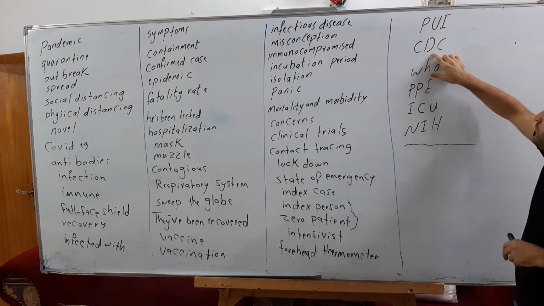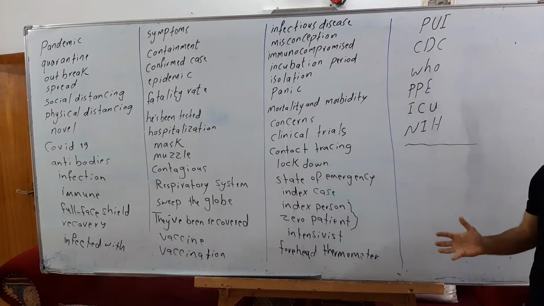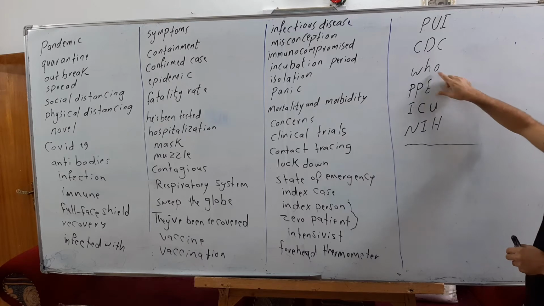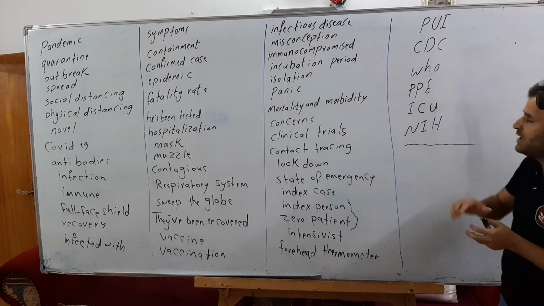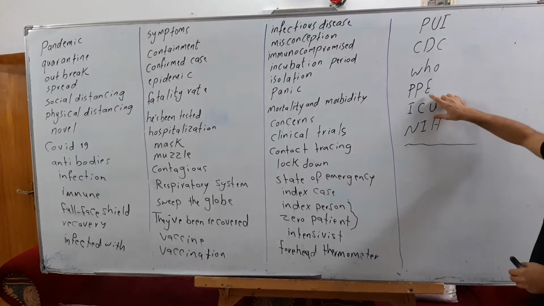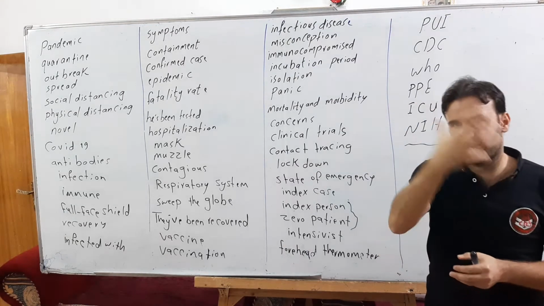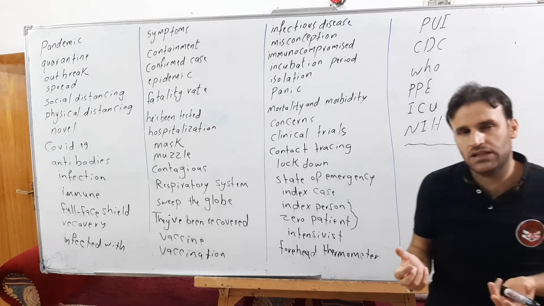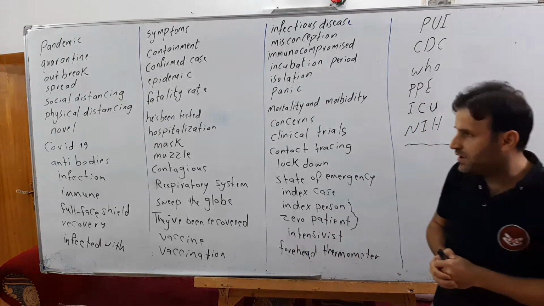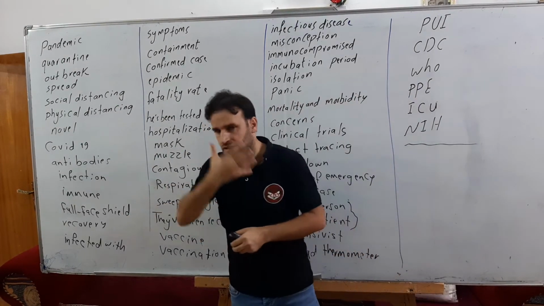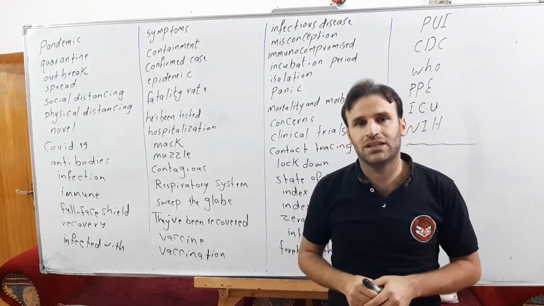CDC اللي هو Centers of Disease Control يعني مراكز السيطرة للمرض. WHO معروفة منظمة الصحة العالمية World Health Organization. PPE اللي هو Personal Protective Equipment معدات الحماية الشخصية. Just like face shield. أيضا عندنا goggles اللي هي المناظر اللي يلبسوها الدكاترة عم يحمون نفسهم. عندنا مثلا هذا هو الفيس شيلد اللي يلبسوه الدكاترة. أيضا عندنا gown الثوب اللي ينلبس فوق.